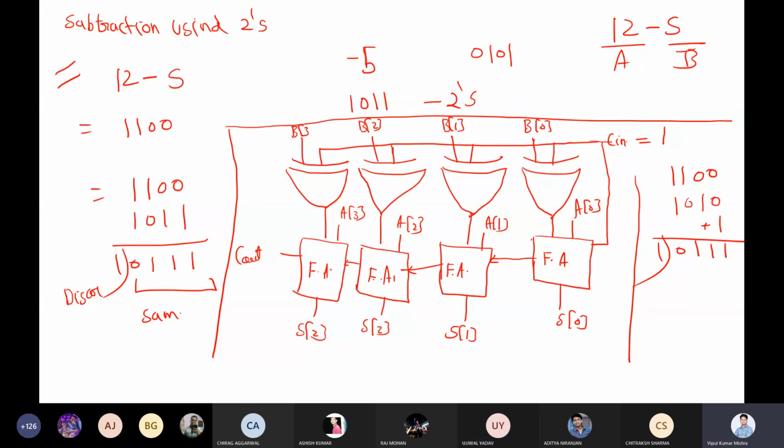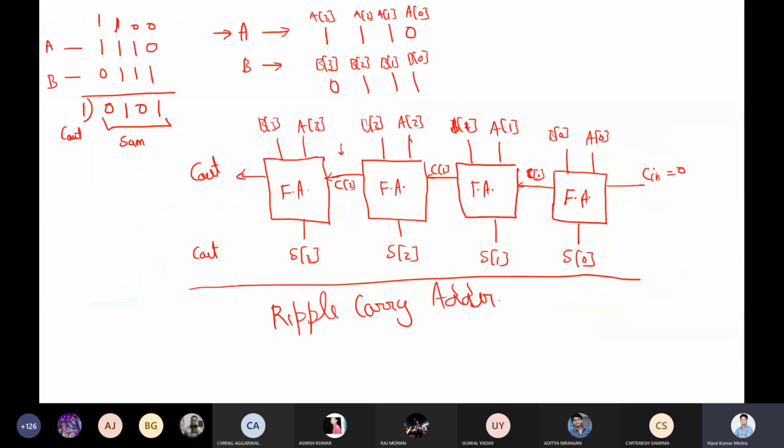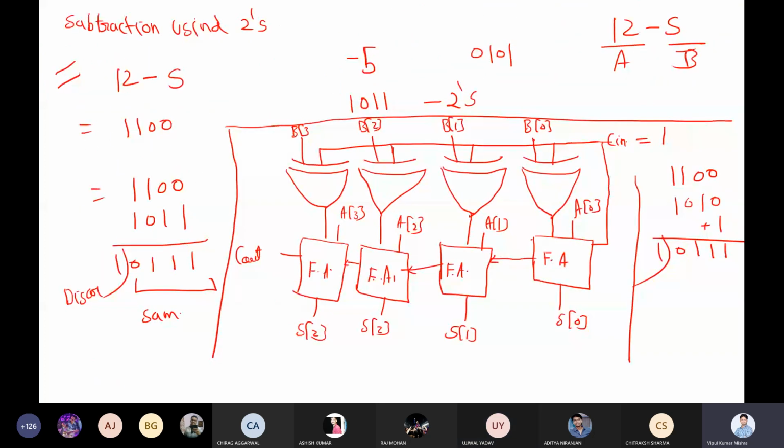But that will be only 1 bit. That will not be 4-bit. Suppose I want to make 4-bit, then you require 4 XOR and 4 full adder, as we have done in this case, ripple carry adder. So you can say in the ripple carry adder, we have added a layer of XOR to make it subtractor as well.